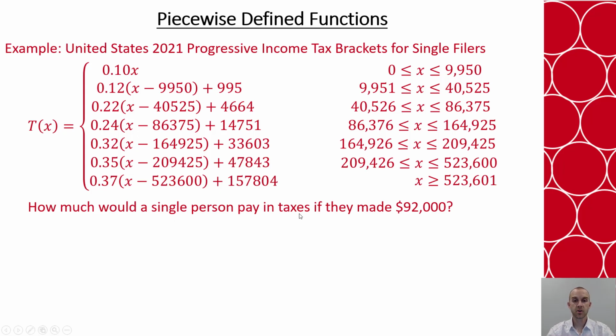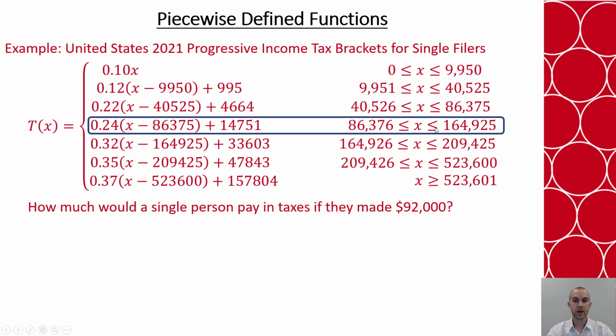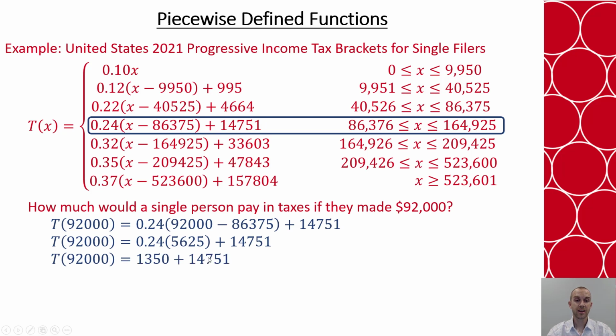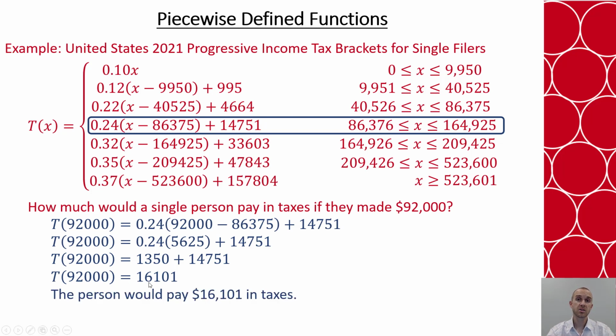So if I look at a single person, I want to know what would they pay if they made $92,000 in income. So the first thing I want to do is look at how my intervals are set up and find where 92,000 would be located, and it would be right here. So I'm going to take my 92,000, substitute in for x, and then solve that equation. So the tax value at 92,000: I substitute in 92,000, I simplify my parentheses, I multiply, and then I add my two values, which means that at $92,000, the person would pay